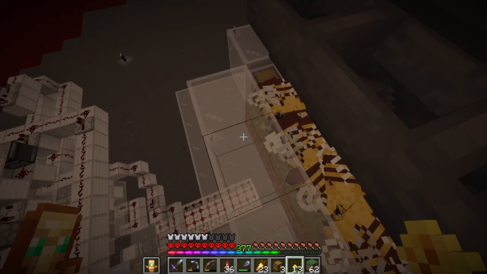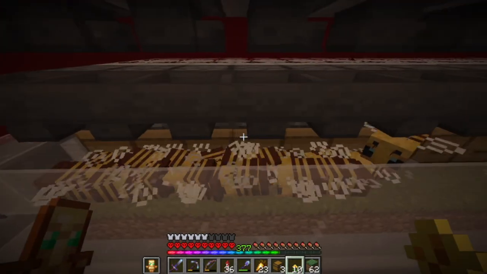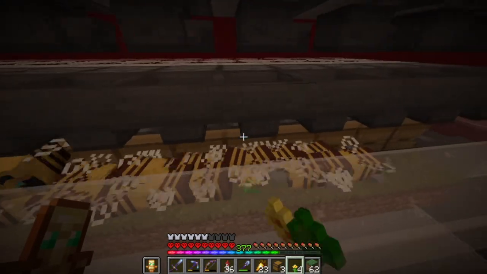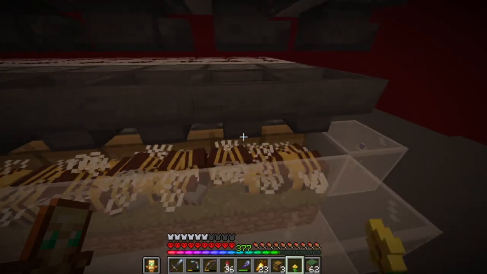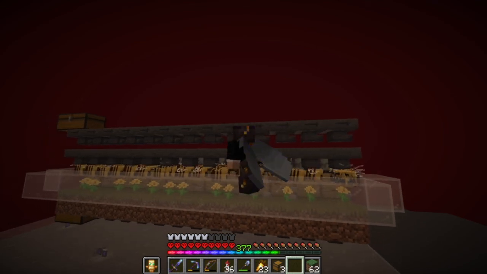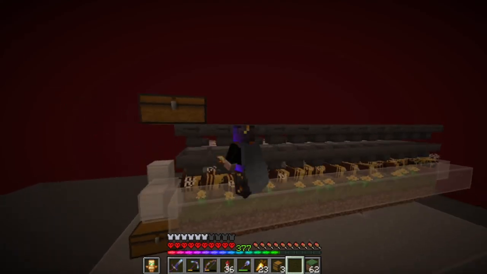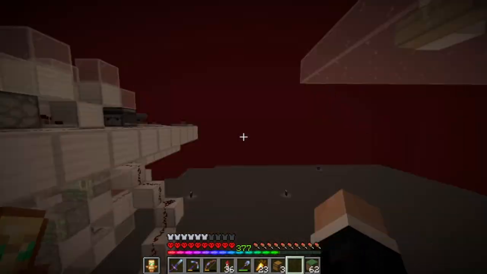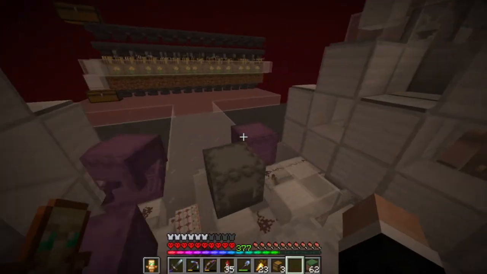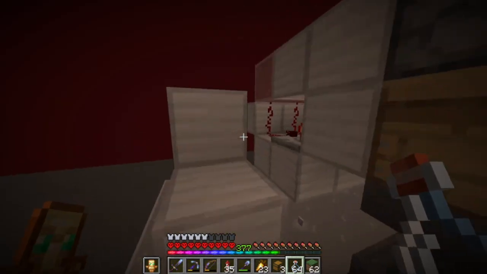But I believe now all I do is put flowers like this, and then they should pollinate. Okay, spread out now. Pollinate. And then I need to fill this thing up with bottles, which from the witch farm I have plenty. But for now I only have these. And I'm not sure, I don't think this...